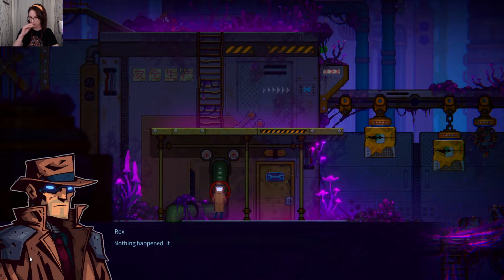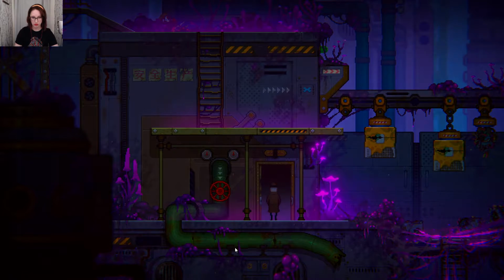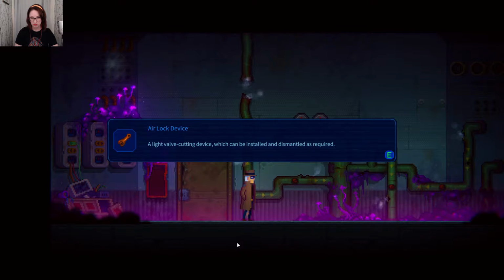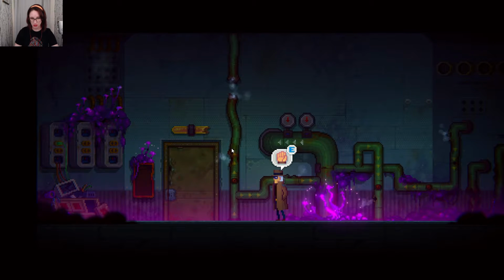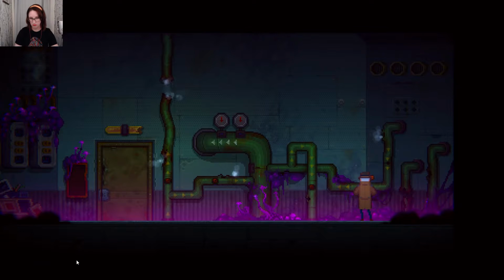Sorry, guys. Nothing happened. It looks like this tube is still blocked. I need to figure out a way to direct the air from inside the workshop to this tube. Okay. Thought we tried to do that, but... Oh, I see. So, we've got a leak here, a leak here, a leak here. No. So...